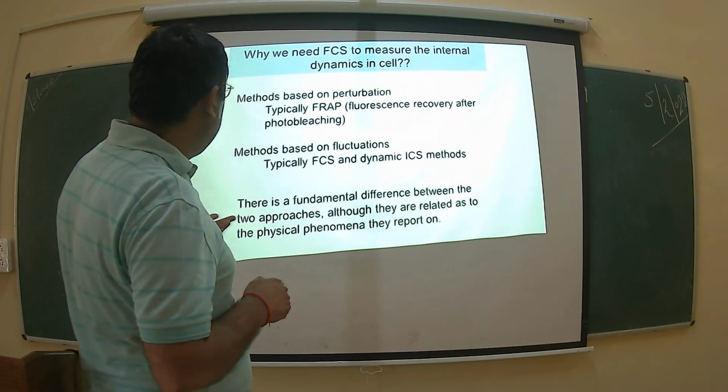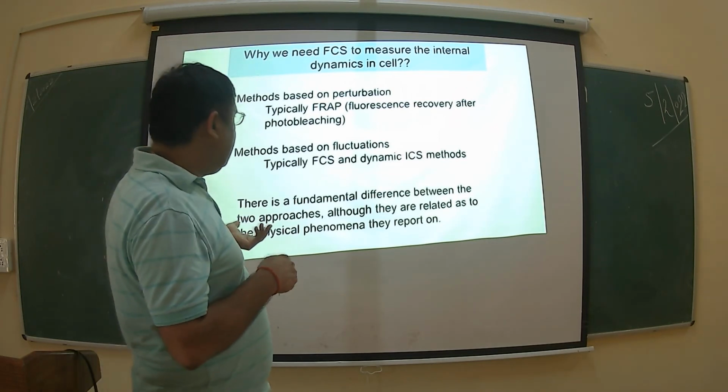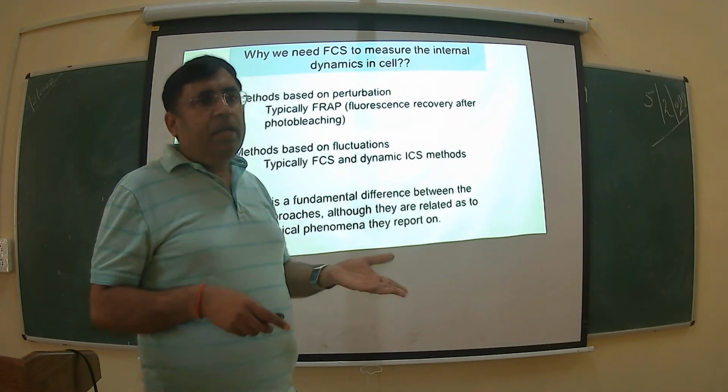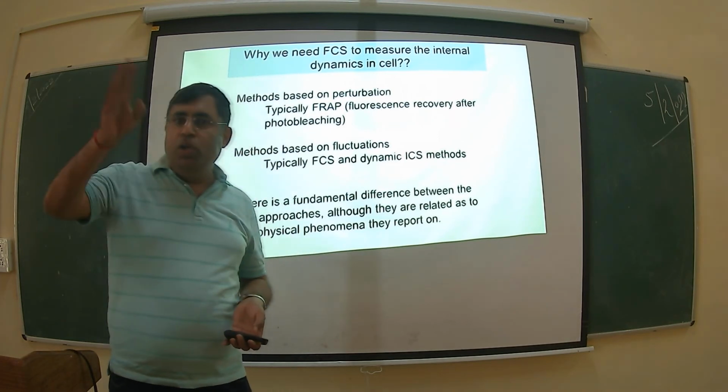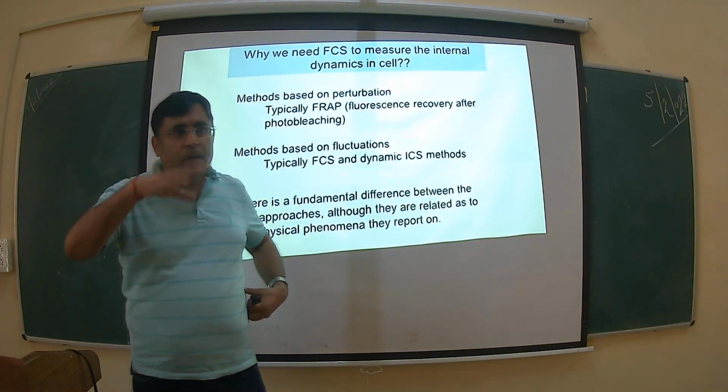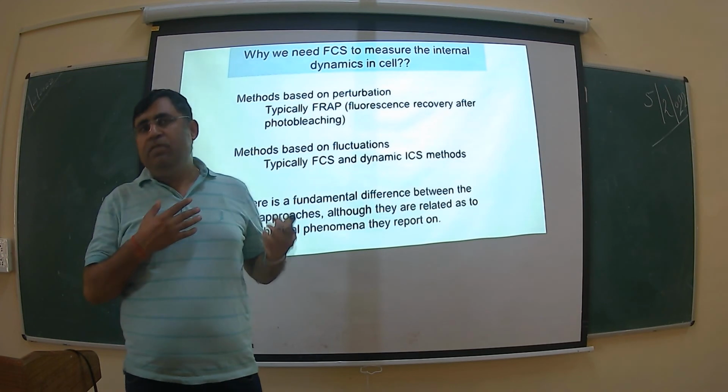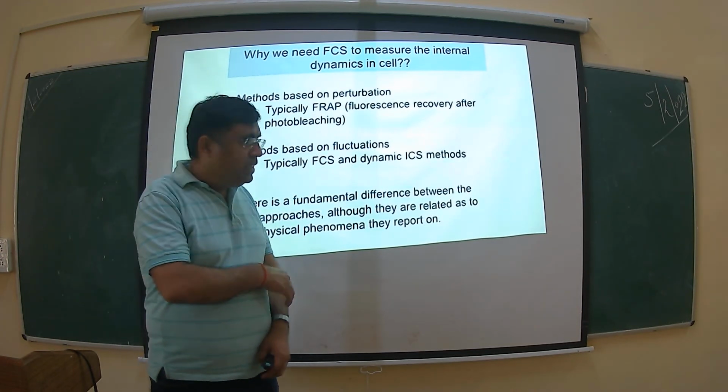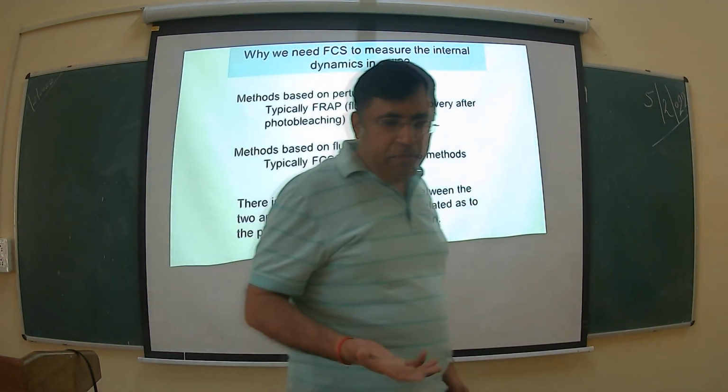This method is based on fluctuation, that is, how a fluorescent molecule fluctuates in a particular area. That we are going to see tomorrow. Otherwise, you might be overloaded with different types of